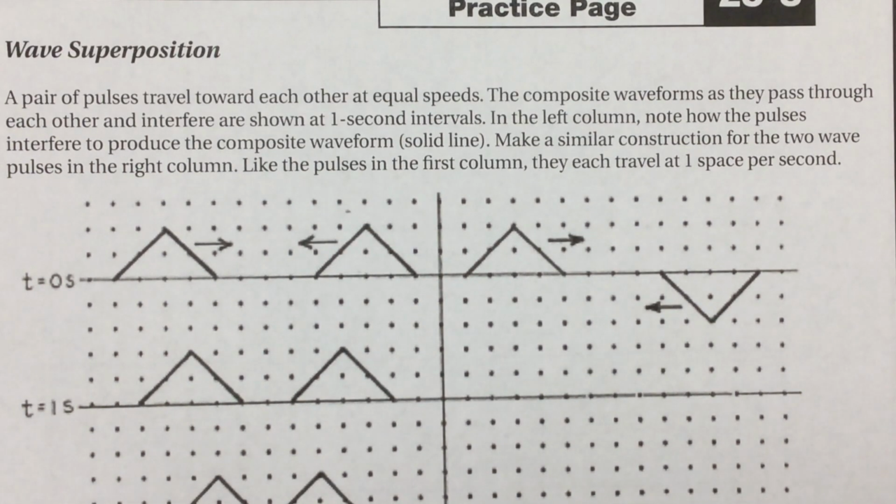Welcome back. We are talking about waves today, and we're talking about how they actually superimpose, so they come over top of each other. So if you have two waves, you can either make that wave bigger in amplitude, or it can actually cancel